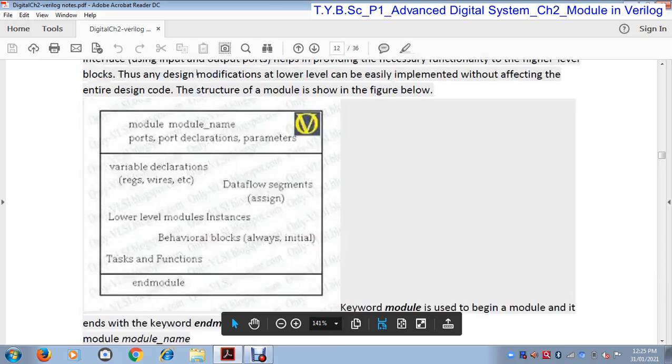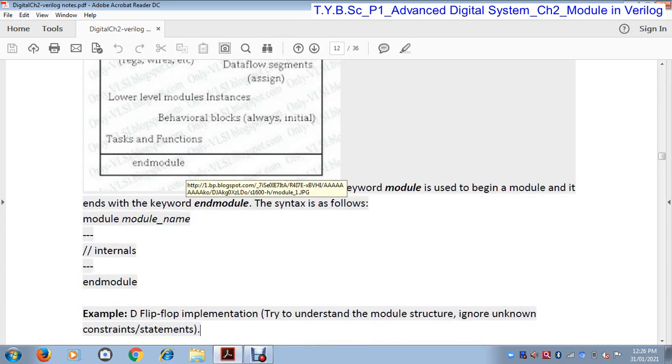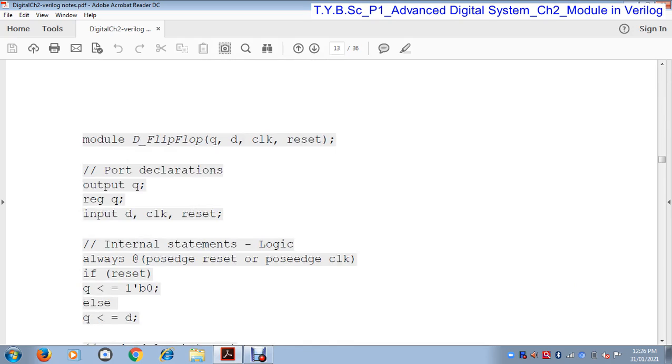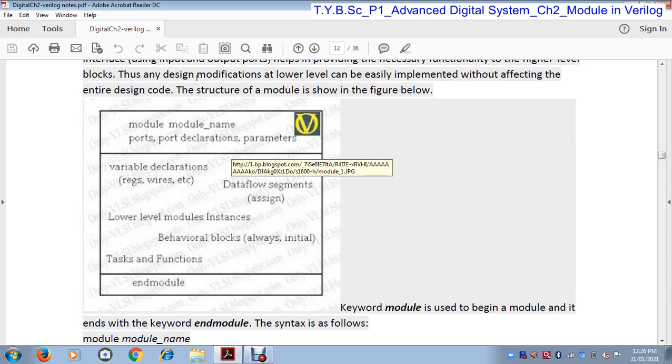Let's compare this example with the functional body. First of all, we define the keyword module and then the module name. Just look at the example here: the module name is D flip-flop, and here the inputs and outputs of the D flip-flop are mentioned. Next is the port declaration and parameters.